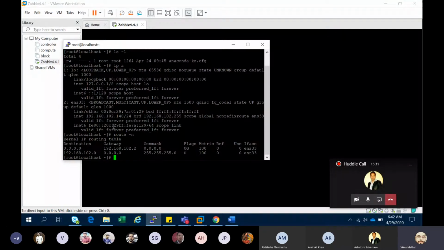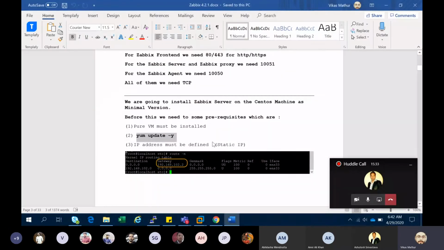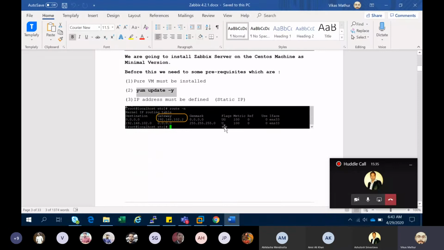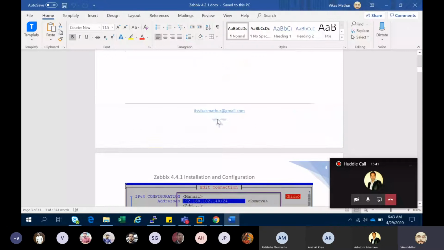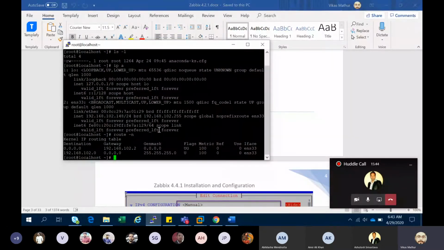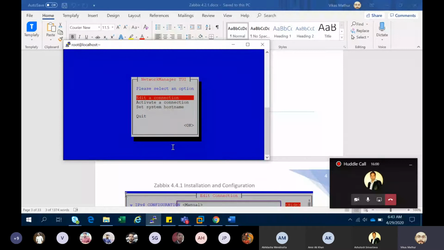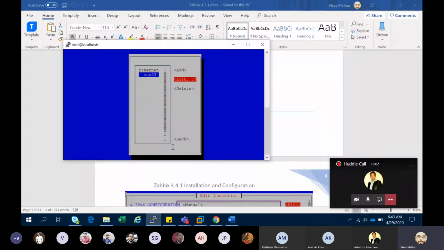In the next slide, I'm telling about how we set up a static IP address on a virtual machine. There are multiple ways. You can go to the command line, /etc/sysconfig/network-scripts, and it will show this path. Another command is nmtui, where you can set up your static IP address.